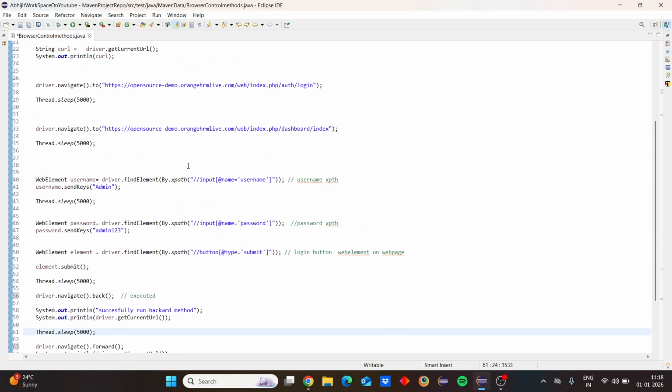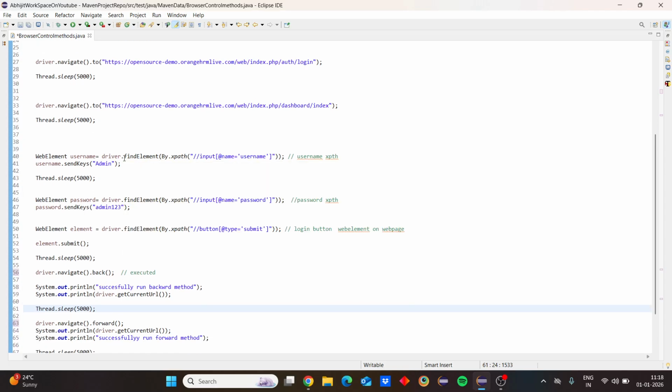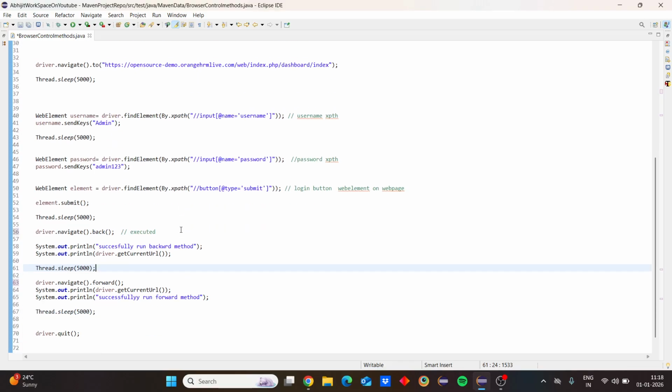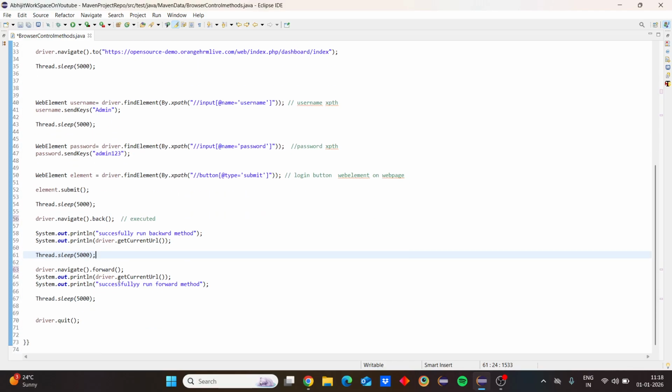We add the forward, then it goes from the login page to the dashboard page or home page. Automatically it enters the admin username and password, hits the login button, and goes forward. If this forward method is not executed, then the program is also not executed. But this method is executed,